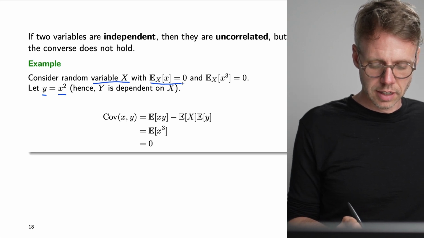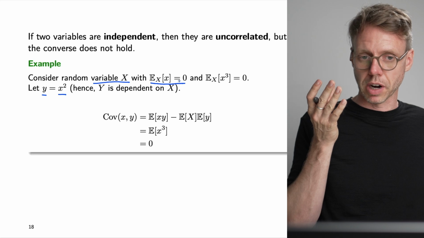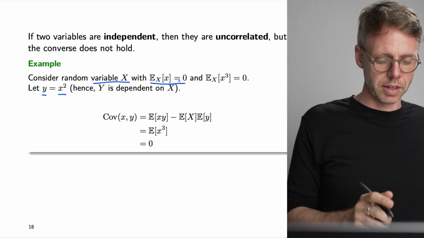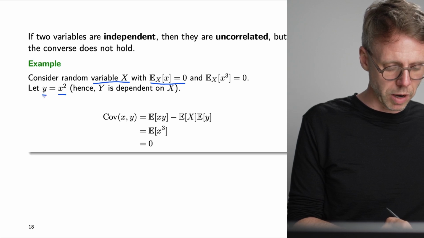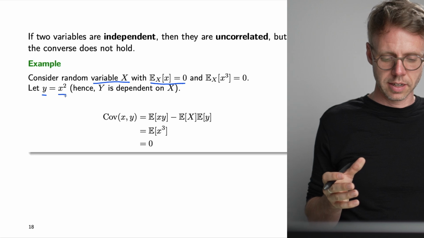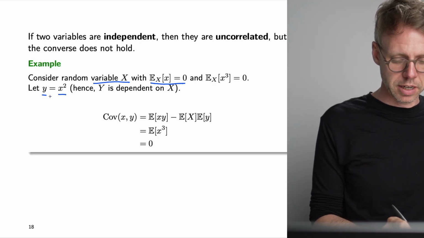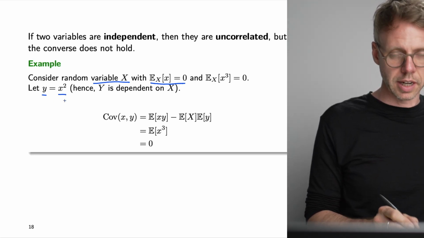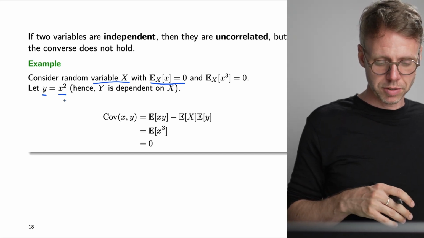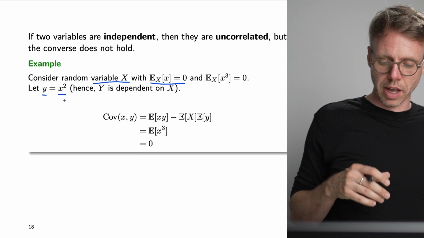The expected value of this random variable x is equal to 0. And we define a second random variable y equals x squared. So it's obviously dependent because it's deterministically defined based on x. We're just squaring that value. However,